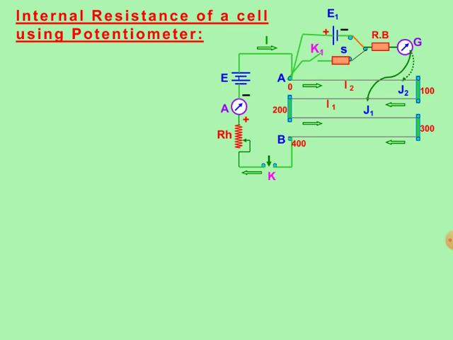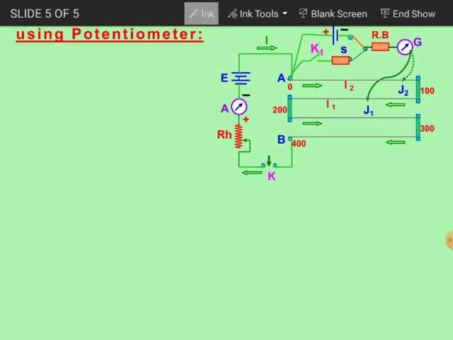Your V1 will again be equal to K times L2. When this shunt was not there, when only the cell with EMF E1 was there, then your E1 will be equal to K times L1. We will not write the whole equation. So your E1 will be equal to